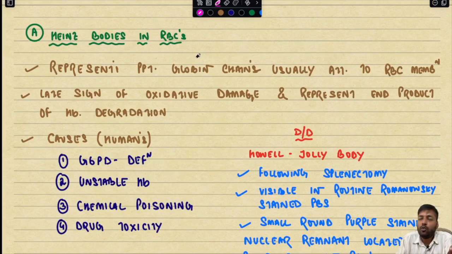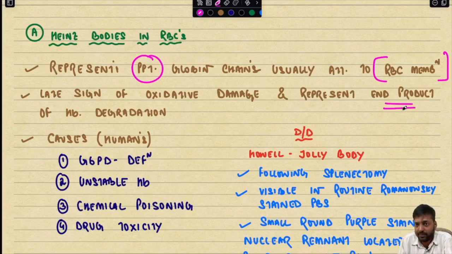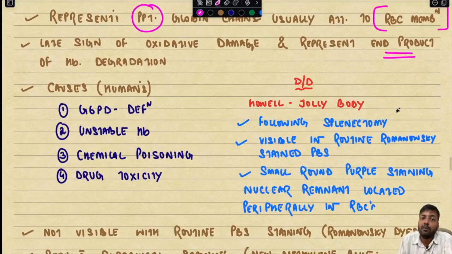A Heinz body, if you remember, we have discussed in detail under the heading of G6PD deficiency. Heinz bodies represent precipitates of globin chains usually attached to the RBC membrane. They are a late sign of oxidative damage and represent the end product of hemoglobin degradation. So what are the conditions where you will come across Heinz bodies in humans? Especially you will come across them in G6PD deficiency, in unstable hemoglobin disease,